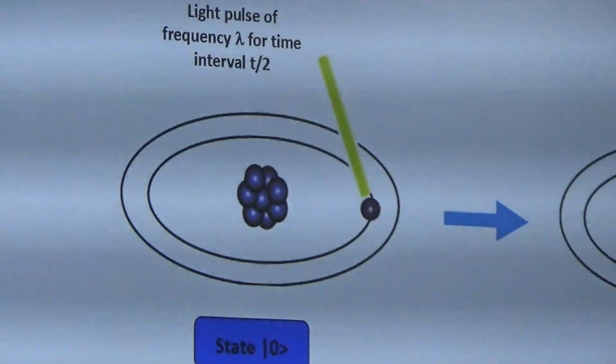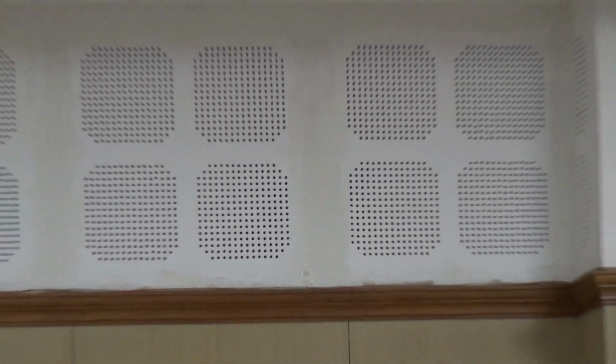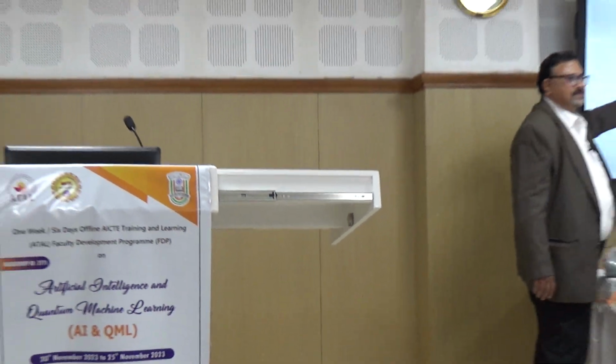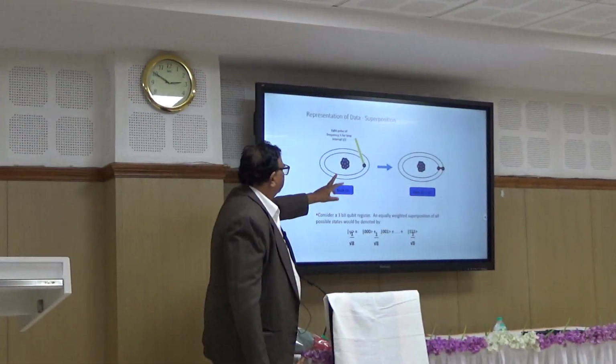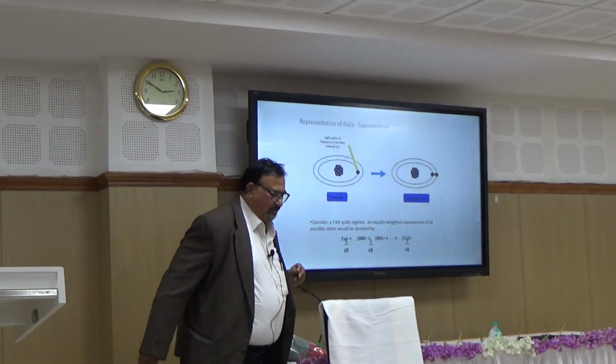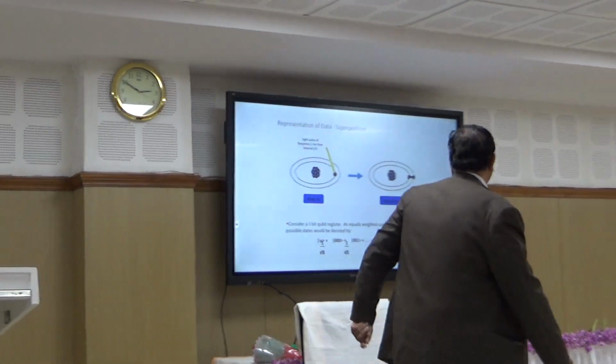Yeah. So now, when we are talking about the superposition, what is the possibility? One is that when the light pulse is falling, the electron is excited, jumping. Now there are two possibilities. One, it will go to